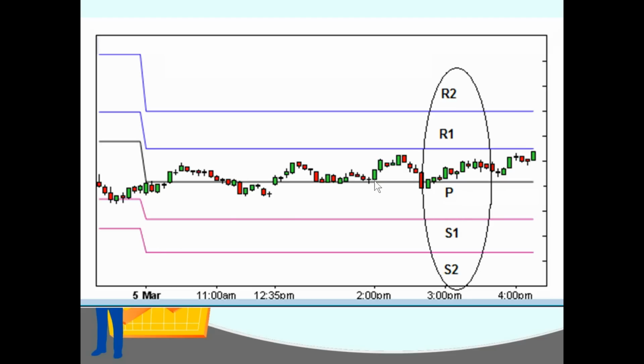All right, so this line here in the middle, that's P, the pivot point, and you've got your resistance 1 a little bit above the pivot, and then resistance 2 a little bit higher. And you've got your support 1 a little bit below the pivot, and support 2 even lower than that. All right, and these numbers are only good for that trading day until 4 o'clock p.m. Eastern Time. All right, and then the next day, all these lines might shift upward or downward depending on the new calculations for the new trading day.